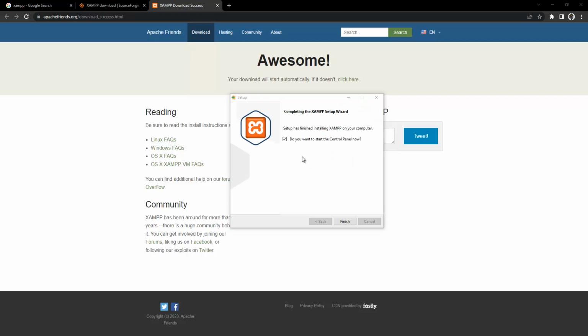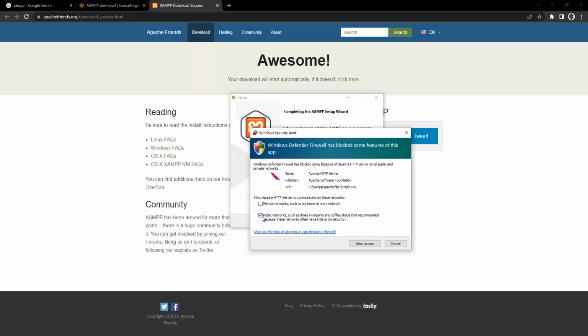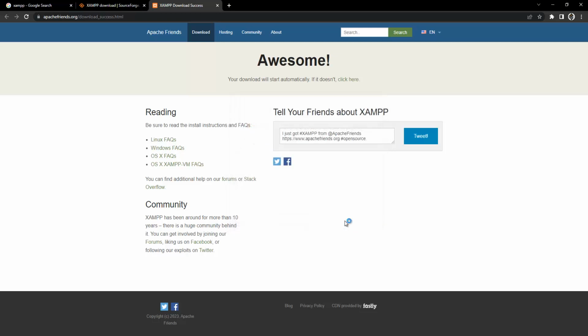Okay guys, so once this is done, you will see a pop-up similar to this one. What you can do, you can uncheck this and you need to allow private network and allow access. And it's saying our installation has been finished. It's asking, do you want to start the control panel now? I will say, yeah, go on. I want to test whether my XAMPP server is running fine or not. So I will click on finish